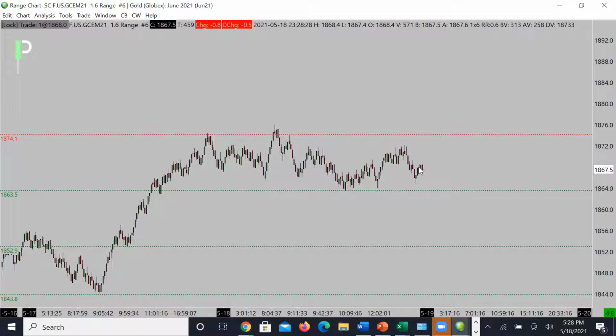We are looking for that support to happen right in this area, and then a potential move back to the upside. Again, you will be targeting these 60, 68s, maybe somewhere around there, 69s, the mid area, and then above that 74.1. But if we're still in this range, we could look to short these 74.1s. If we can't break it, then look for the long,